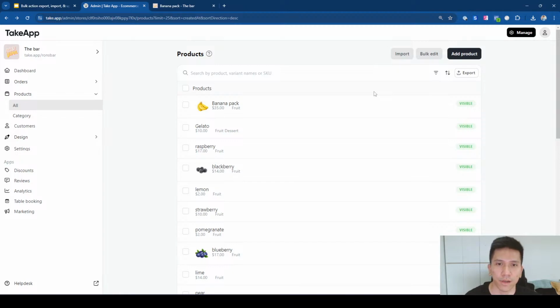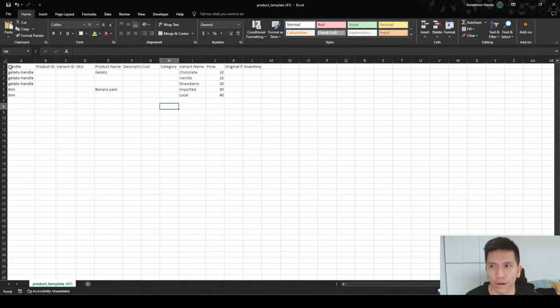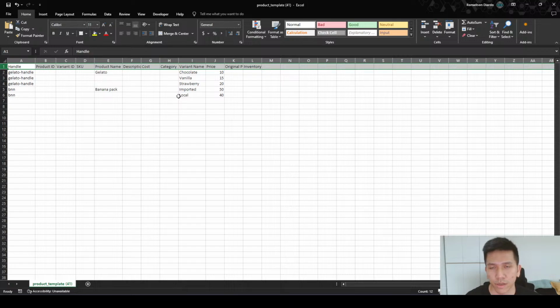So we don't have the golden formula to just copy everything from your old website to your TechApp website, but you will need to follow this template, the product template header, using your previous website's Excel file. Let's say you can export your Excel file from WooCommerce or something like that,